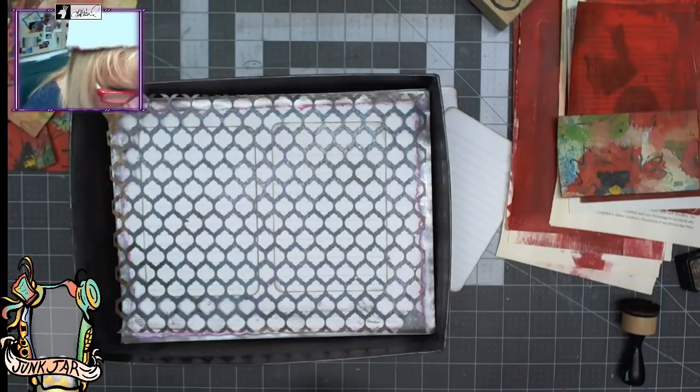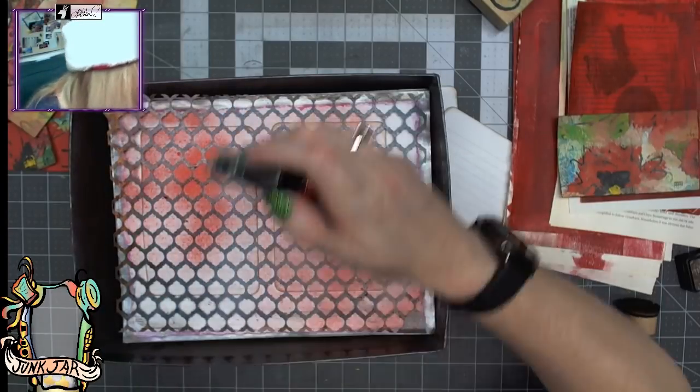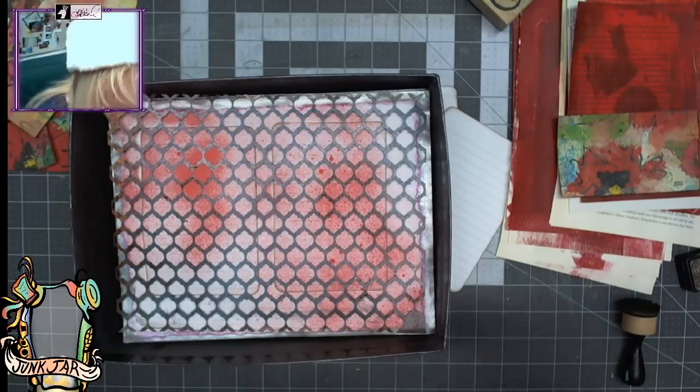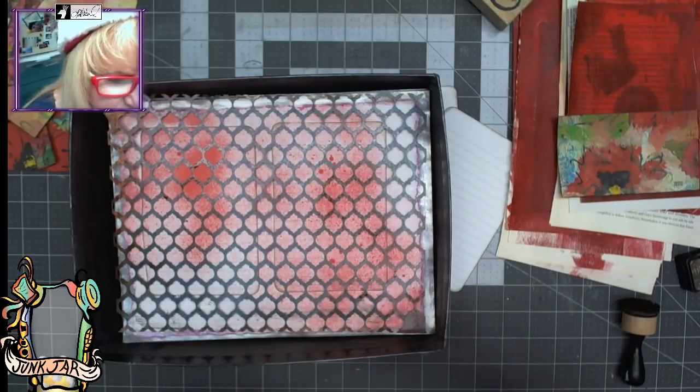I think I want to do these in the red. And then someone said they wanted a vintage photo. So what I'm going to use instead is called Walnut Gold. So it's got a little bit of a gold. Dazzling Diamonds